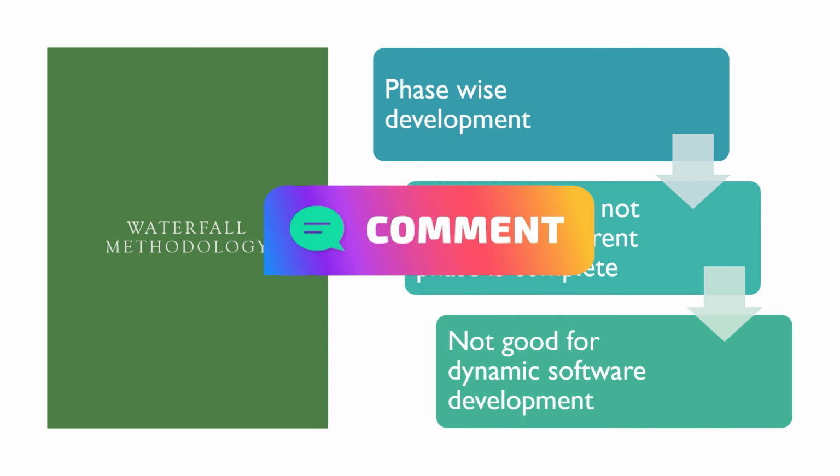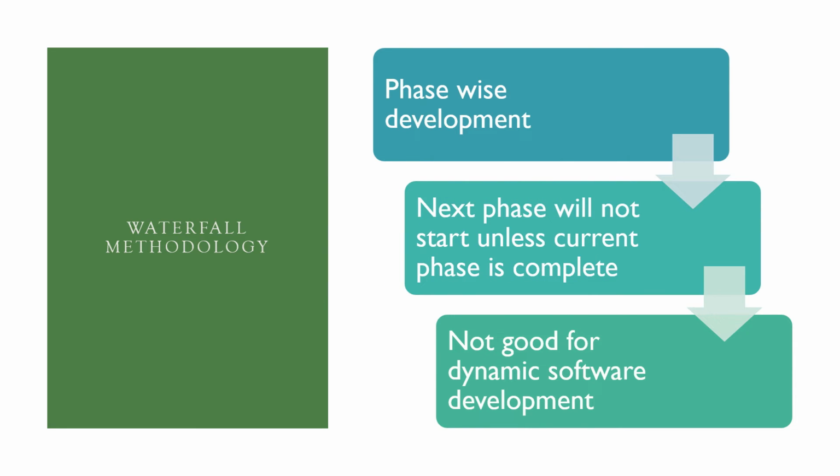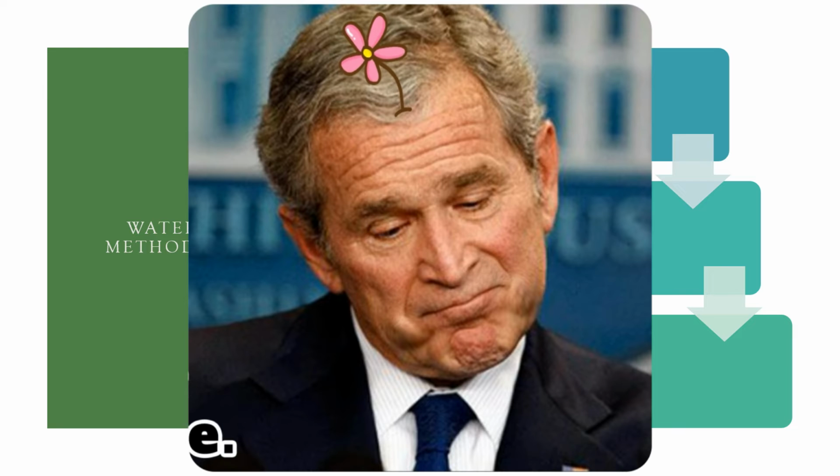So it was quite cumbersome to handle changes, and software is a very dynamic field. It's always evolving. Maybe if you start a software development today, and if it is going to run for the next 12 months, maybe by the end of the software development cycle you realize that you wanted some other color or some other feature. Let's say there is login functionality in that website or app, and maybe now in 12 months there is a better, safer technology to handle login. So of course you would like to have that in your app, but you can't do that because it's phase-wise development, and now we are in the last phase of the project. So it wasn't very user friendly, you can say.